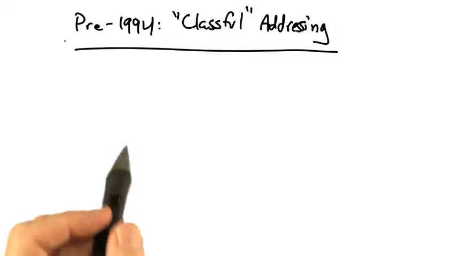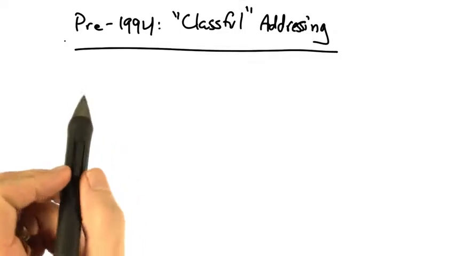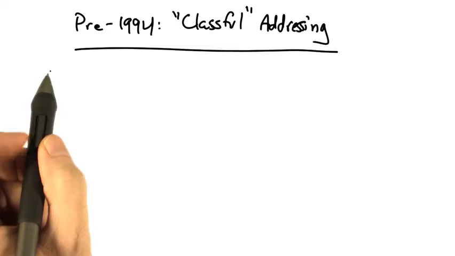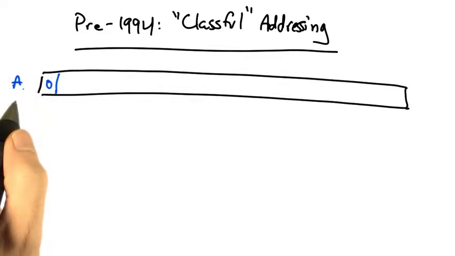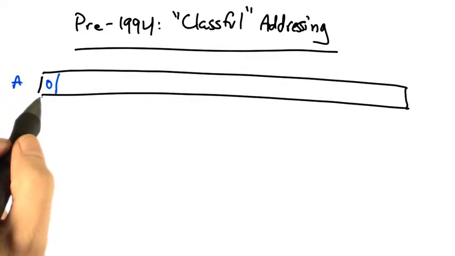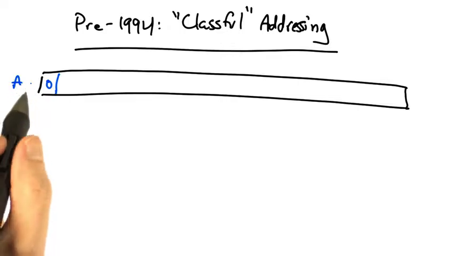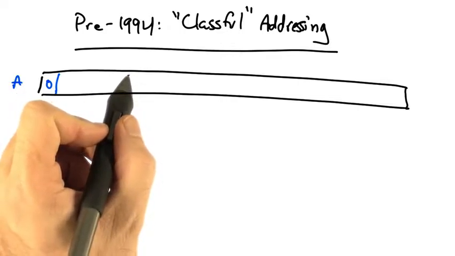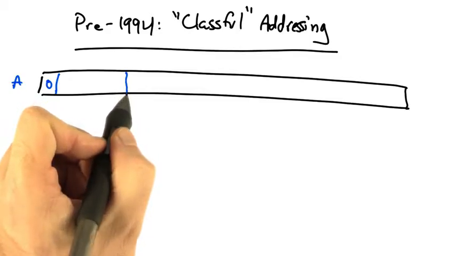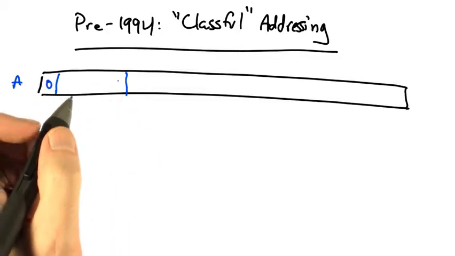Before 1994, addresses were divided into a network ID portion and a host ID portion. So if we take our 32 bits, suppose the first bit is a 0. Note that that's half of all IPv4 address space. Anything that starts with a 0 is going to be known as a Class A address, and the next 7